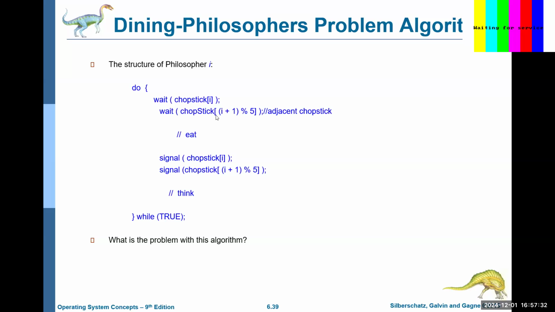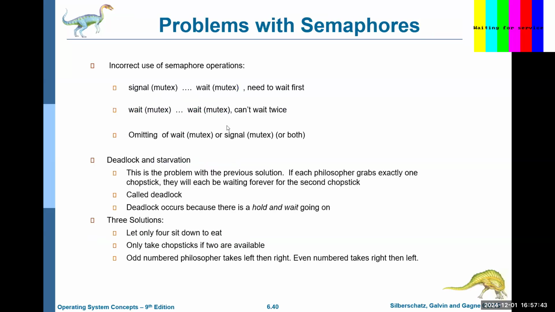The problem is that if I gets it, then I plus 1, let's say J, gets his, and each one gets their first chopstick and then tries to get the second, and nobody can get their second. So